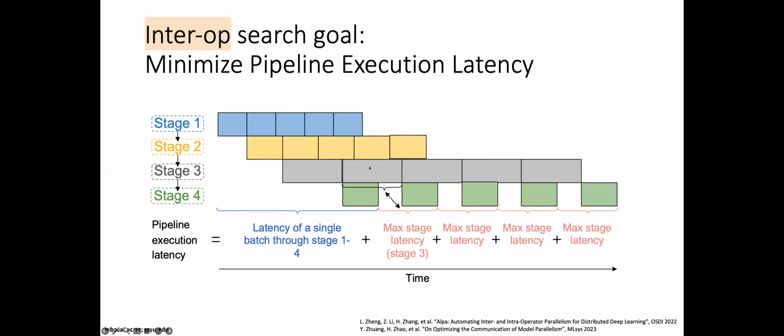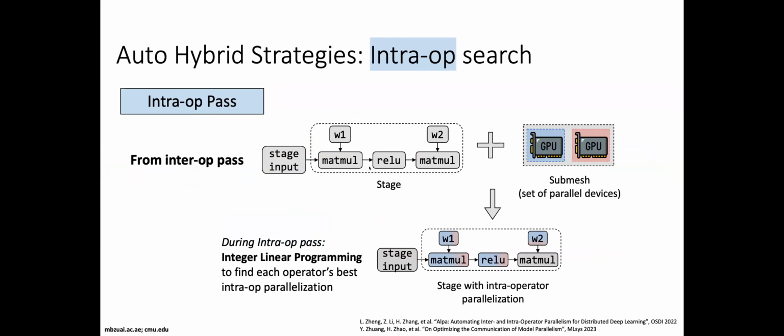You want to get all these stages as even as possible. That's the goal of this inter-operator pass. Then after you do an inter-operator pass, you're going to take each stage and run a sub-search on it. That sub-search is going to say, I've got a stage, I've got some number of GPUs given to me by the inter-operator pass. I'm going to now decide row, column, partition, replicate, or other forms of exotic partitioning as implemented